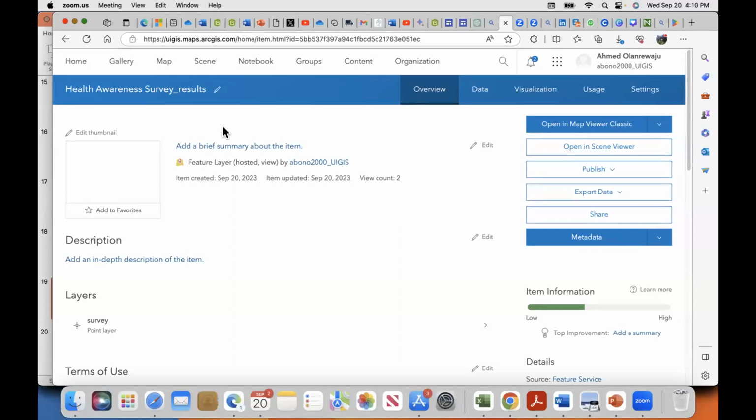ArcGIS Desktop has functional design, because we have some items we can run on it, but because the Apple system is so picky, we can't install some applications on it. That's why we are going to open this data we've filled and collected on Map Viewer Classic here, just to map out the locations.